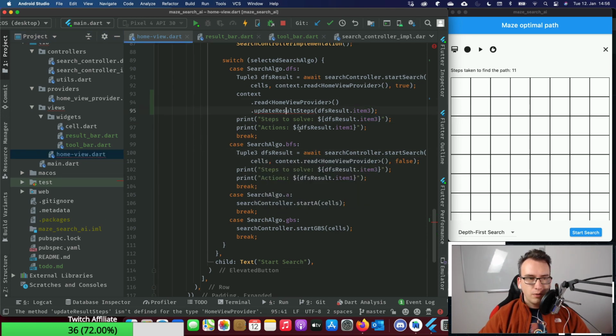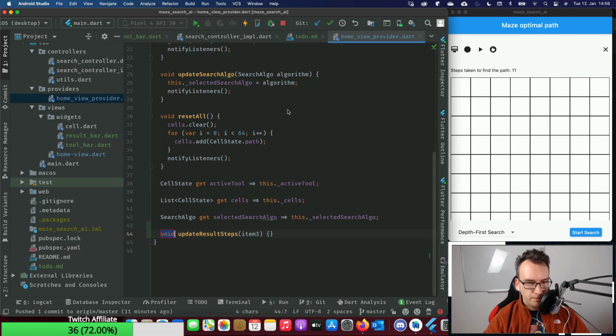Okay, so here we have the update result steps, which is not existent, of course. So we create this method. Yep, that's fine. We don't get item 3, we actually get a number with the result steps. And what we want to do is update a variable that we have inside here.